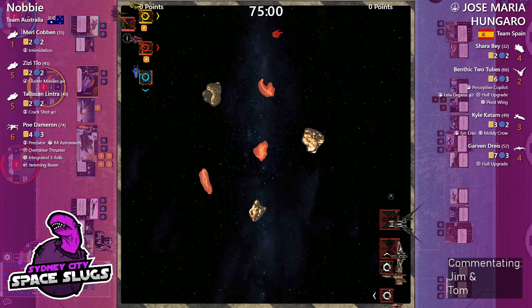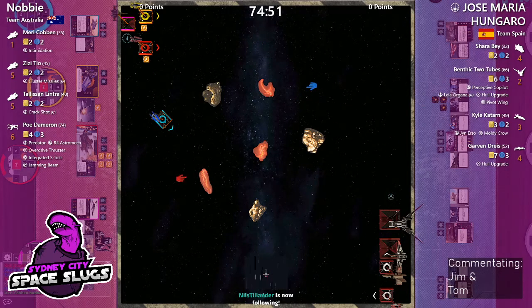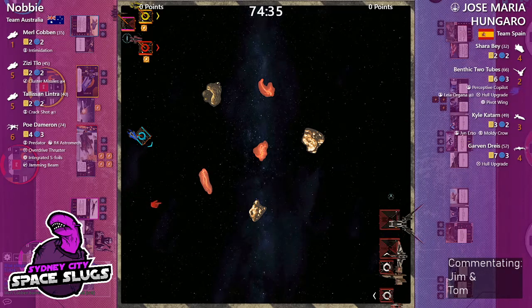So I think what we're going to see is a slow start from Nobbie, and he's just going to try and maybe draw these enemy ships into this obstacle field. He's going to be able to use these gas clouds to his utmost advantage, in that even a standard obstructed shot from Kyle's side arc, or even Shara Bay, or probably even Garvin Dreas's rear arc, will do next to no damage. So I think Nobbie's going to really want to make sure that he dances within those obstacle fields,